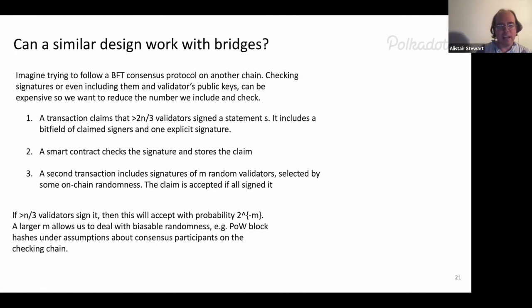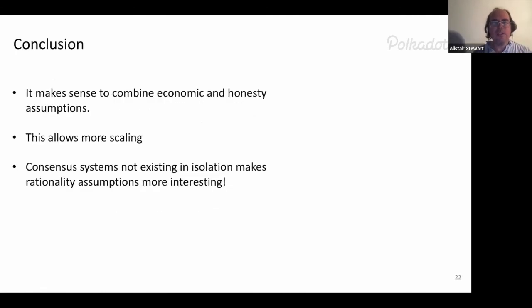So as I say, as a conclusion, because our consensus systems don't exist in isolation, there is a good argument that for a single chain, slashing is a bad idea. In a shard, if you have sharding or interoperability, it makes a lot more sense to slash. And in particular, we think it can allow us to scale quite a lot further than other systems, and still argue that it's expensive, and then argue under combined economic and honesty assumptions. That's what this talk is about.